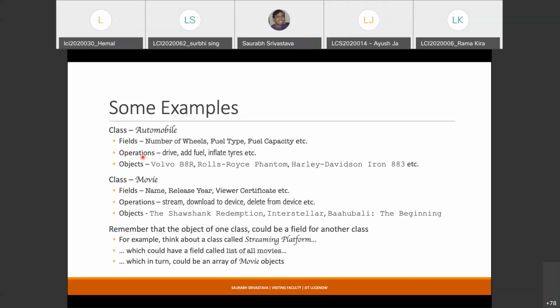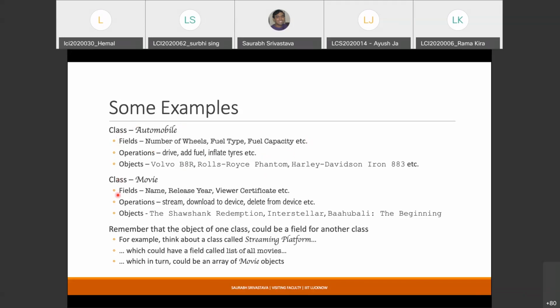Whatever you can do with an object or on an object, these are again verbs, keep this in mind, that constitute the operations. So what you can do with an automobile: you can drive it, you can add some fuel to its fuel tank, you can inflate its tires. There can be other operations as well. So these verbs form the operations part, and these nouns are basically the fields of this class.